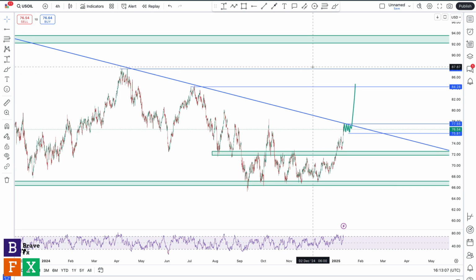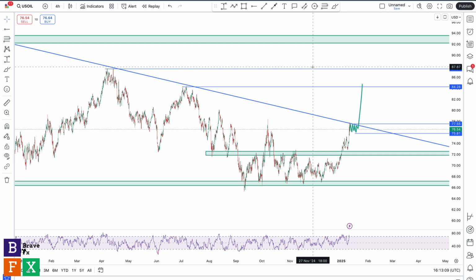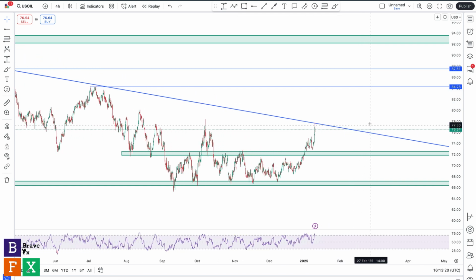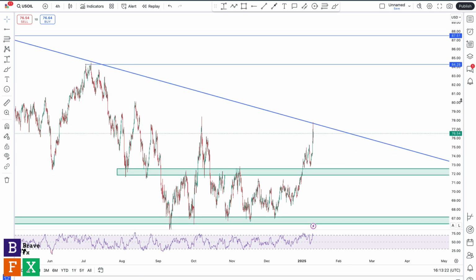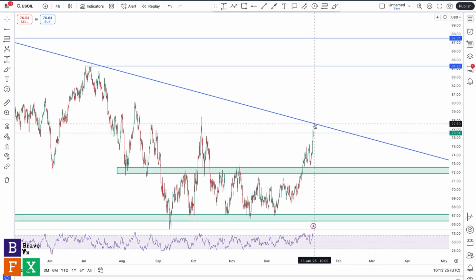So this is a no-brainer, straightforward. This is how I'm going to trade crude oil for a bullish case scenario if this happens. A lot of traders like to trade bounces, which isn't a bad thing to do in my opinion, but if you are trying to mitigate risk, especially if you have a low trading balance, I wouldn't suggest trading bounces immediately